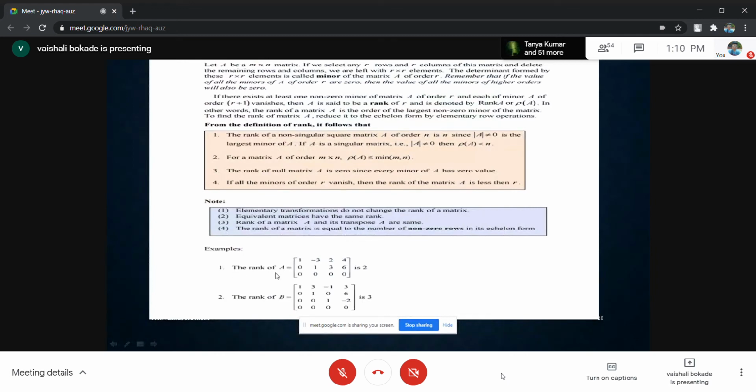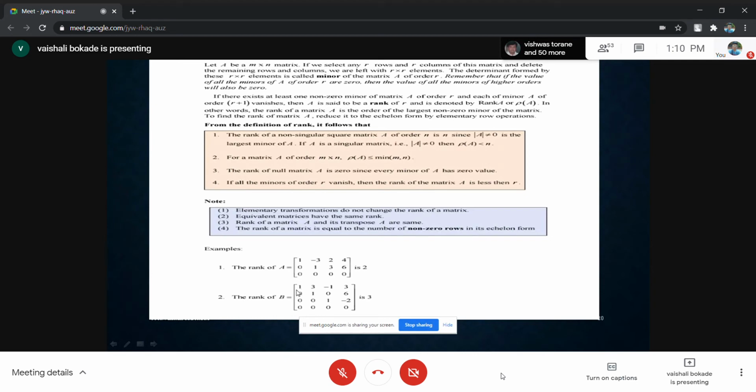This matrix A is already in echelon form. Observe that the bottom row is 0 and the non-zero rows are in such a manner: the diagonal entries at the 1st place and 2nd place are 1. In column 1, except at the 1st place, other entries are 0. In column 2, except at the 2nd place, the entries below are 0. Above entries we will not concentrate on; the entries below the diagonal entries should be 0. Remember, the diagonal entries should be 1.